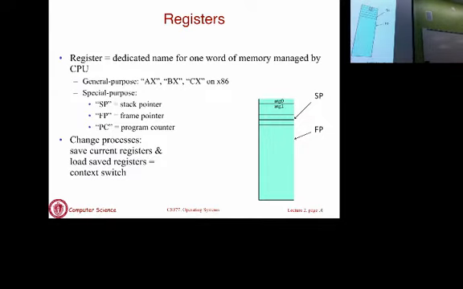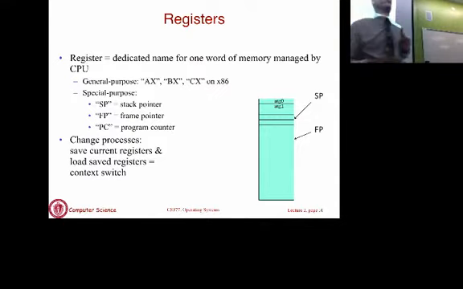The stack pointer points to the beginning of the stack segment, so you know where the stack segment actually begins, and the frame pointer points to the end. So they basically tell you where the stack begins and ends. There are other such registers for heaps and so on, which we won't worry about. What we really want to worry about are general purpose registers and the program counter, which in some architectures is called the instruction pointer. In the textbook it's referred to as the program counter. That's a register that points to the instruction that's executing at this point in time.